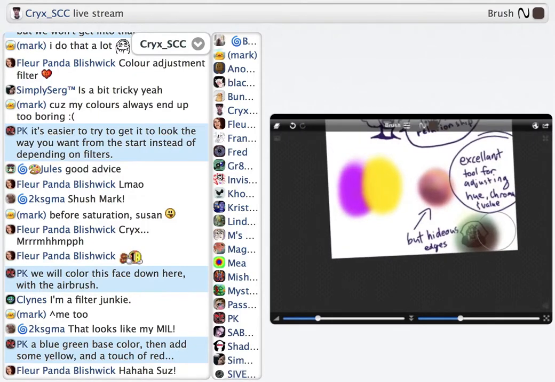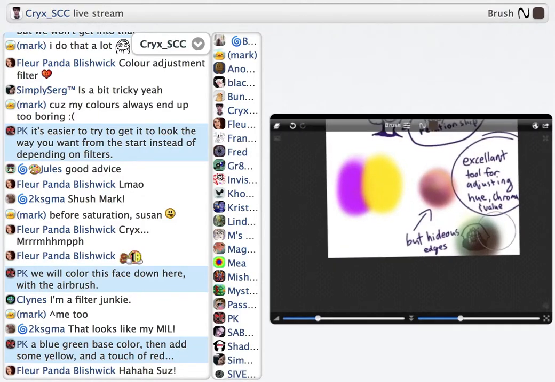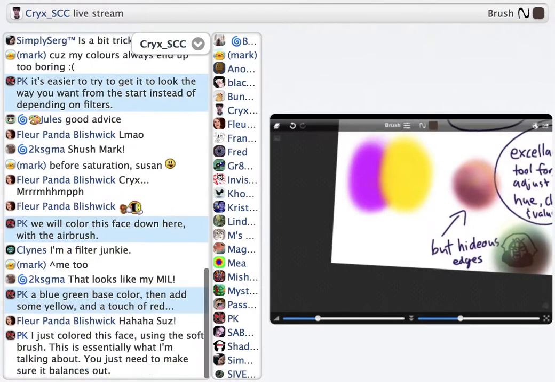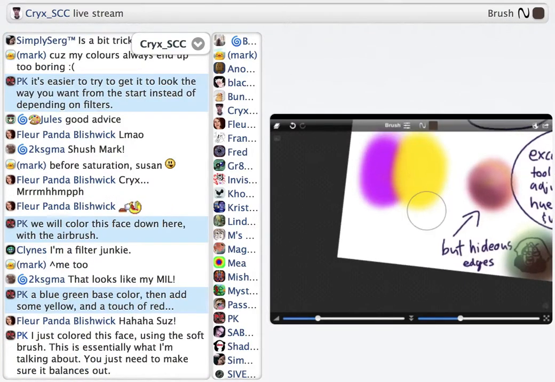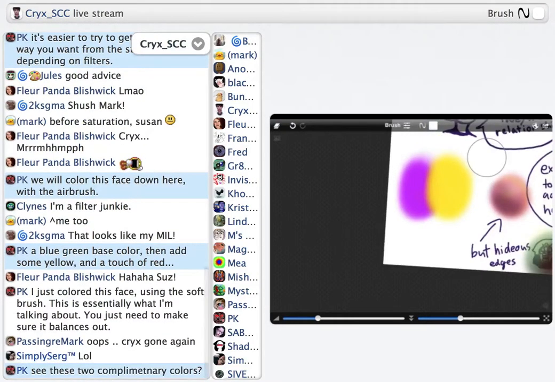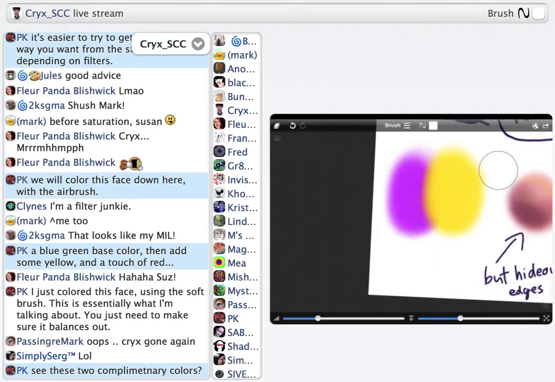But yes, what I did over here was see these two complementary colors, purple and yellow, how they just kind of, like I was discussing earlier, bam, in your face. Oh my gosh, I don't like to look at that. That's hideous. While over here,